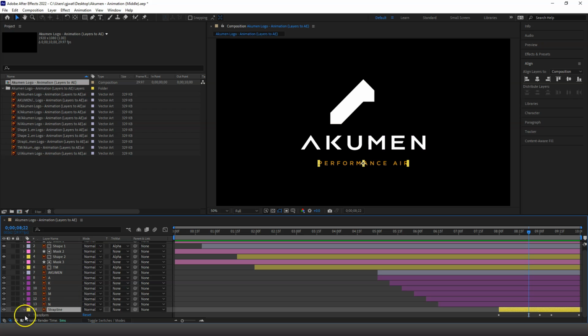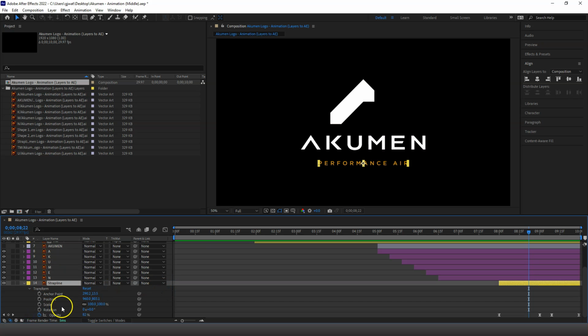So again, I'm going to toggle this down in terms of its transform, and you can see that we have opacity presets on this. So I'll jump to the first frame, and this is a good example of how you can stretch it out. So I want to keep the 1 second fade at the end, but I don't want it to only be there for like a couple of frames before it starts fading. So I'm just going to select both those keyframes and drag it a bit earlier. And I'm now going to stretch out